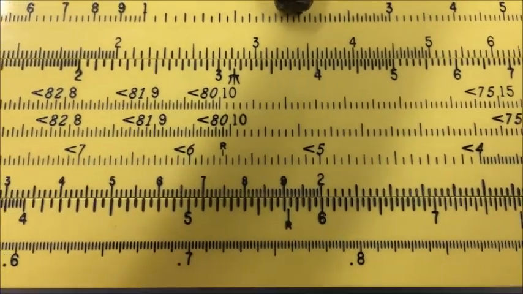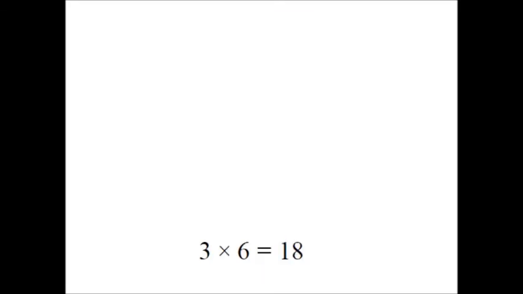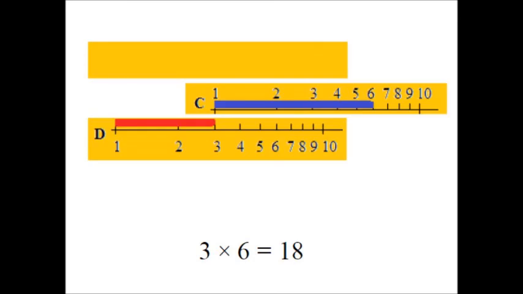And of course, if you can do multiplication, then you can turn this thing backwards and do division. But here's another question. How can we multiply 3 times 6? So of course, 3 times 6 is equal to 18, but you can't really show that on the, you can try, but it will go off the scale. See what we're doing here? 3 times 6 goes off the bottom scale. So how can